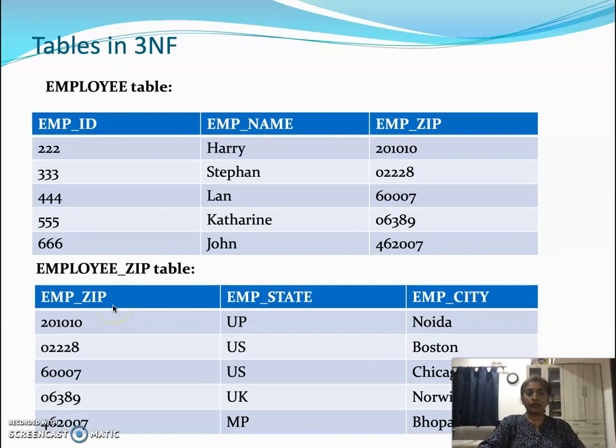So we see that nothing is transitively dependent. EMP zip has a separate table and employee table is separated. Hence we see that both the tables are